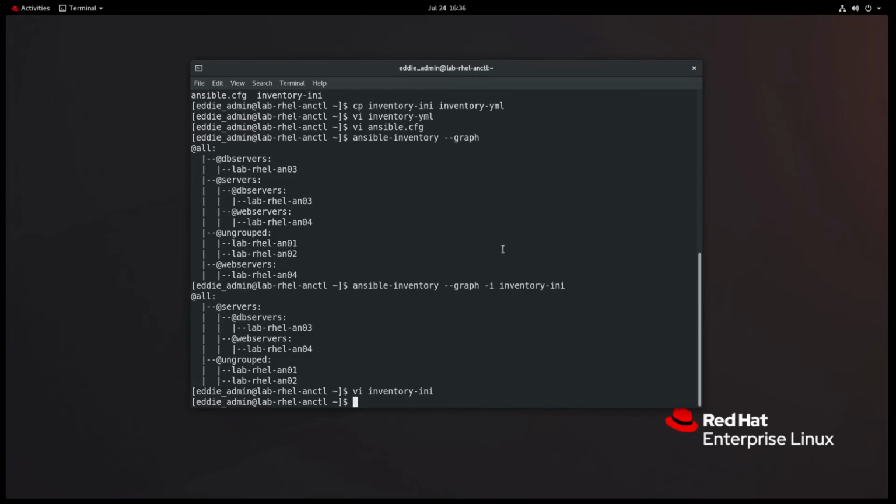All right, I probably wish I had actually explained what I did differently. In the INI file, we had all 4 of the hosts together just as individual hosts and then put them in groups, and I didn't do that with the YAML, so we'll check that out in a moment. But anyway, we'll do graph